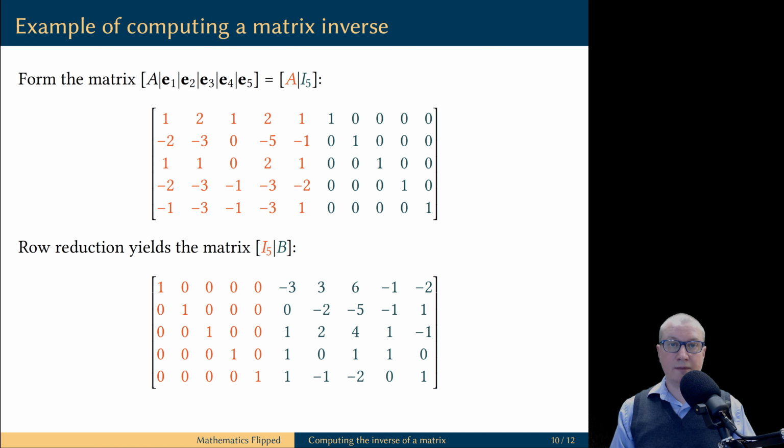But regardless of what this right teal part is, this matrix is in reduced row echelon form, because all the leading ones are part of the orange half. And this means now that you can read this desired matrix B as the right half of the reduced matrix. Keep in mind, this procedure works provided the matrix A is a non-singular matrix, so that we are guaranteed that the left half of the big matrix is going to reduce to the identity matrix.